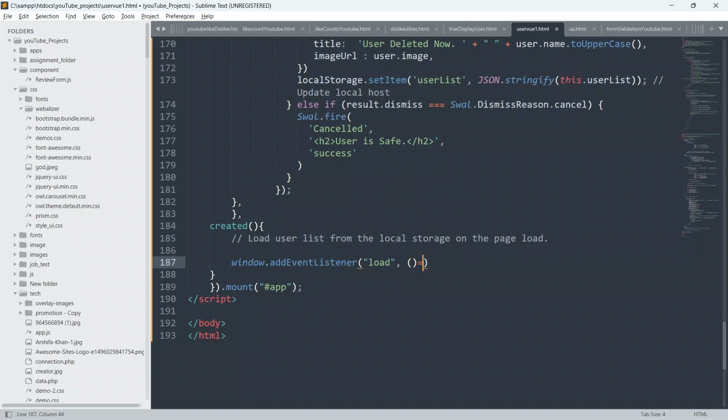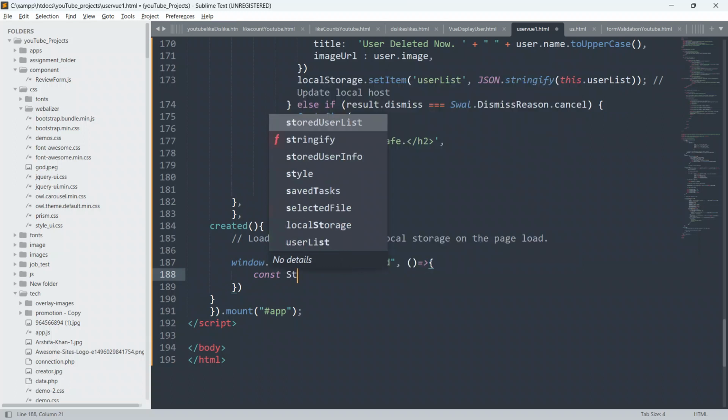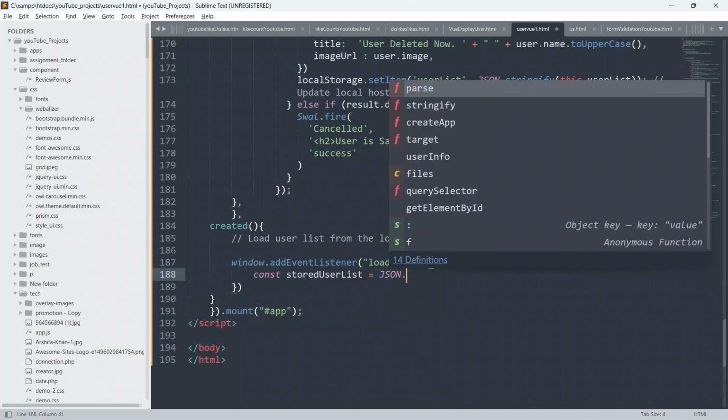We will run a fat arrow function here, and we will say const stored user list equal to JSON.parse.